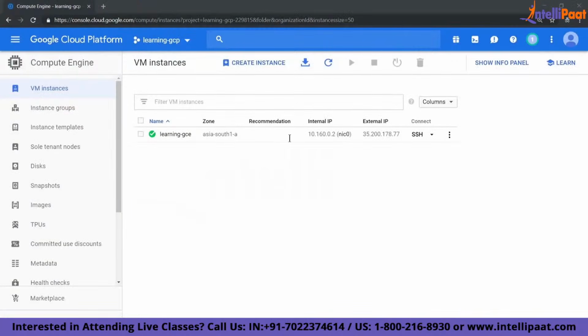GCP will not automatically select the preferred zone. You need to specify the zone where you want to create. But one option is, for example, if you're working on a project, say this project learning-GCP, and all the resources which you're going to provision will always be in Mumbai. What you can do is